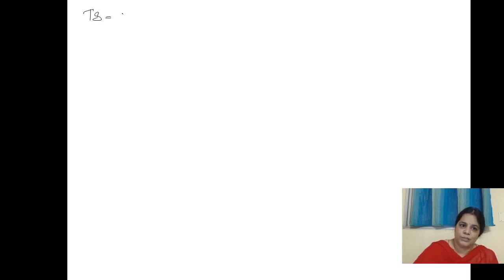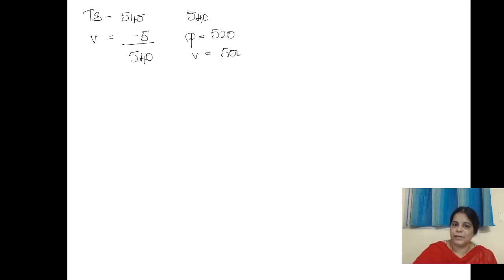We all know that the total strength of Lok Sabha is 545, out of which we have 5 vacancies. So 540 is the current strength, the then strength of the House. Out of 540, imagine on a given day only 520 are present, out of which only 500 participated in voting. So 520 present, 500 participated in voting. The total strength is 545 and the total strength minus vacancies is 540.